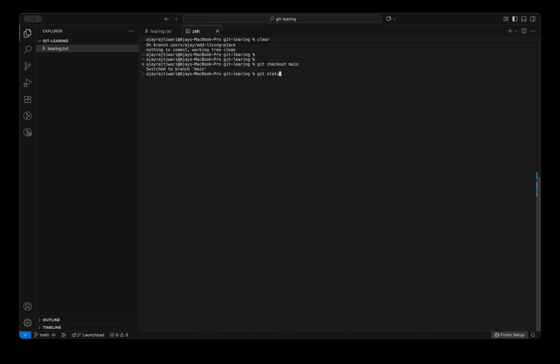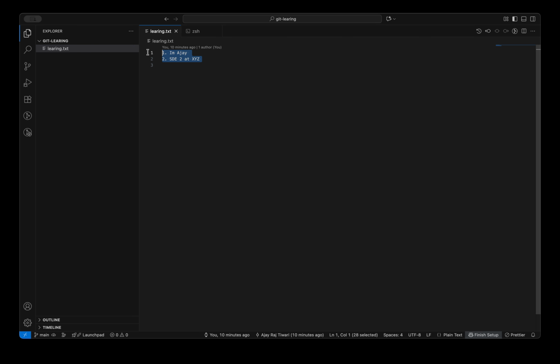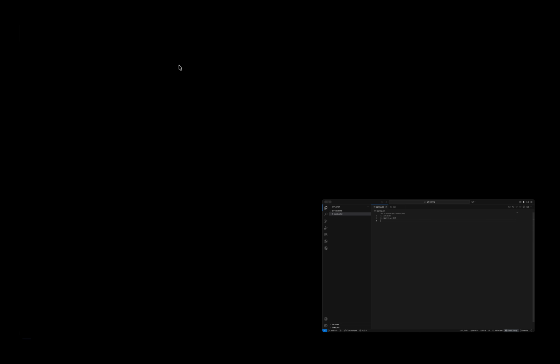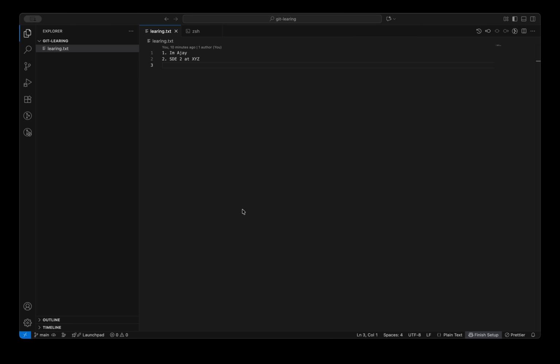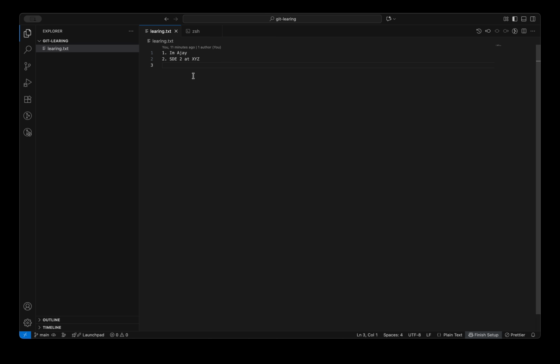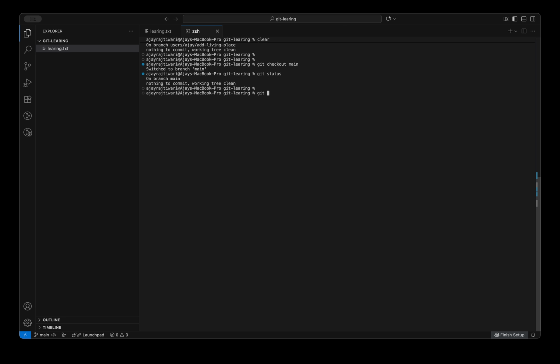Just run git status. Let's check the file. But here you can see there are no changes from the last time. XYZ is still there and line number 3 is still missing. Why? Because you have merged your code in your repository, but you have not taken the pull. So now I am going to tell you how you can take the pull. This is very simple. You have to write git pull origin, then branch name